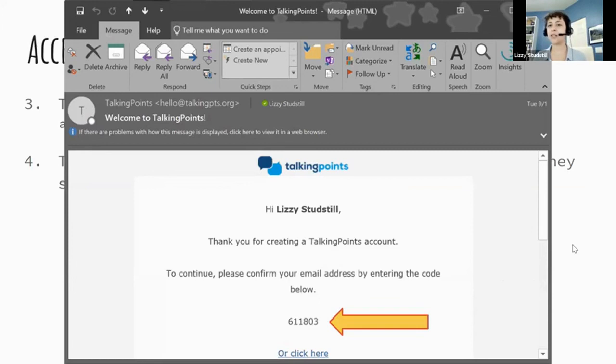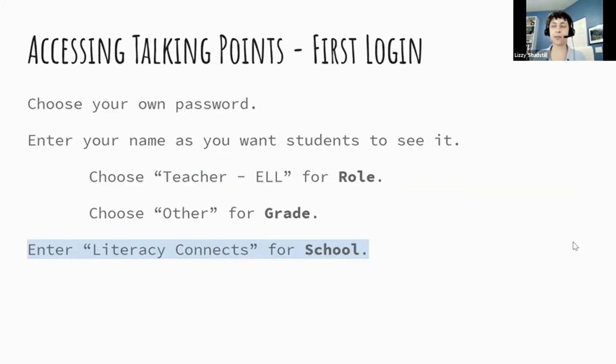So once you are in, it will ask you to set up your teacher profile. You'll choose your own password. We don't need to know what your password is. We are in as school administrators, so we can always get into your class and change language settings or help out or whatever. So you can set whatever password you are able to use and remember, no big deal. You want to enter your name the way that you want students to see it. So I always put Lizzie because that's what I have my students call me.